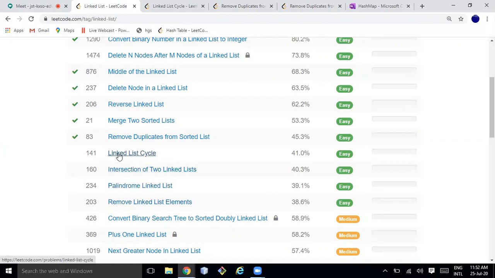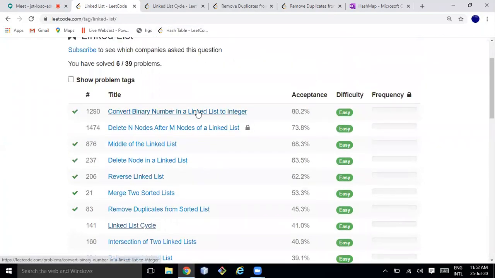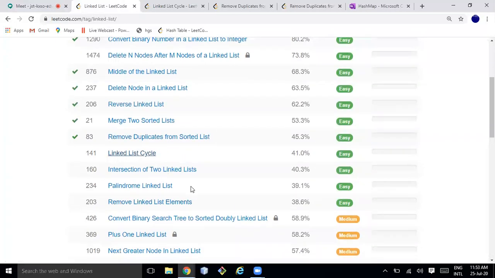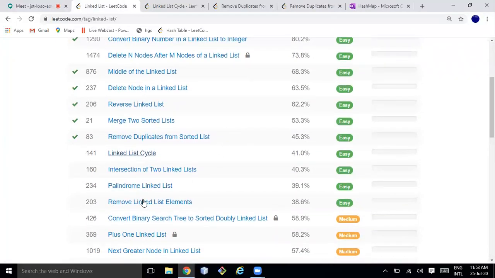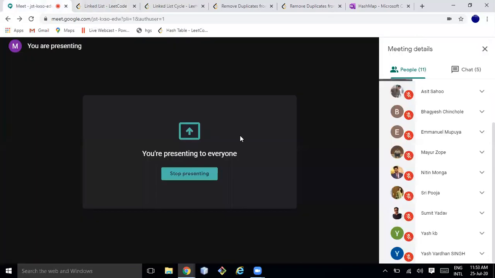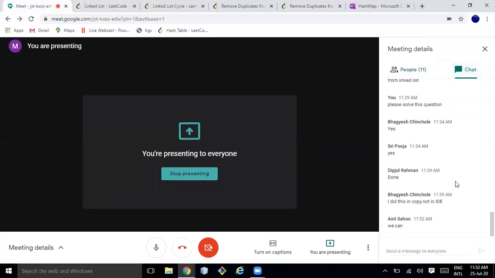Otherwise, in tomorrow's class I will solve this 4th problem. But this problem uses bit manipulation also. So until you have covered bit manipulation, I would suggest don't solve this problem. So tell me your thought process, how you want to go ahead.